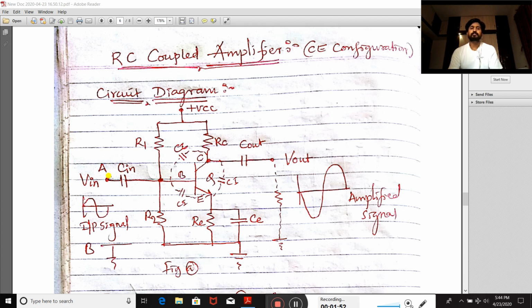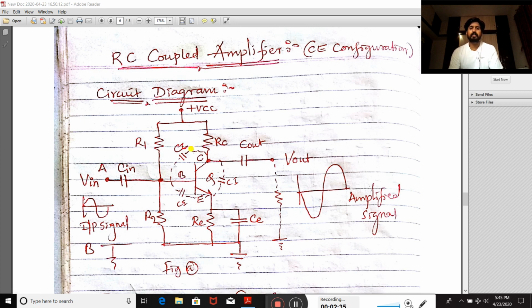This circuit diagram consists of 4 resistors named R1, R2, RC, RE, and one NPN transistor, which is connected in the common emitter configuration. 3 capacitors, C in, CE and C out, are connected, and on the output side one resistor is connected, shown with the dotted line, so you can connect it across that, and it is called RL. One positive DC supply voltage is given, and on this side we can connect the input signal. This terminal I have called ground, and this you can call A, and this one you can call B ground.